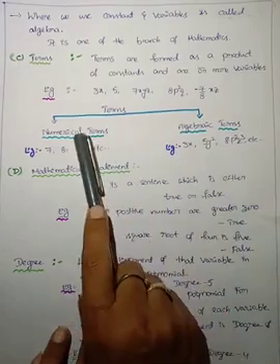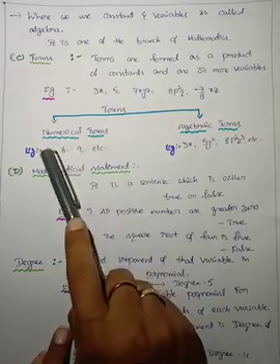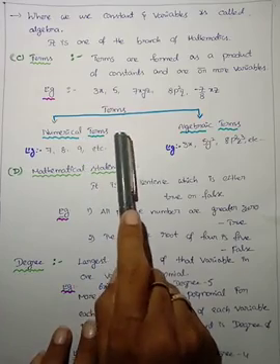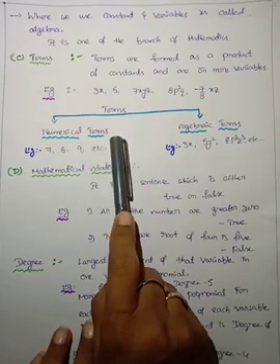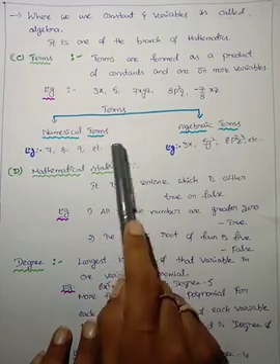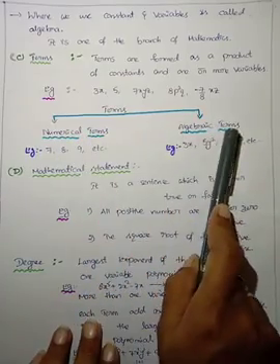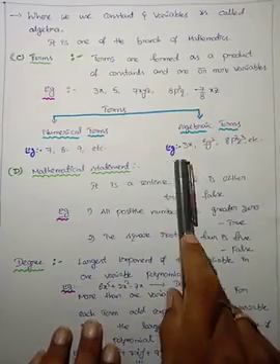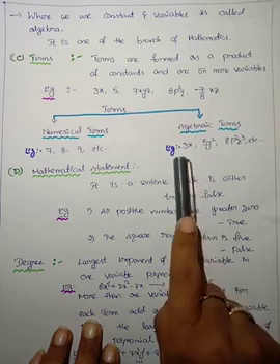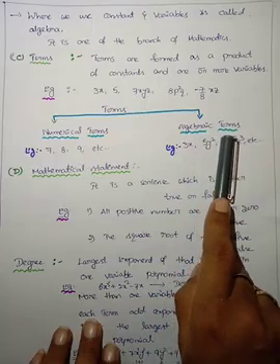Now terms are of two types: numerical terms and algebraic terms. Numerical terms means the term has only constants. Examples: 7, 8, 10, 100, minus 7 by 3, minus 4 by 6. All these are numerical terms. What about algebraic terms? Algebraic terms are the product of constants and variables. The product of constants and variables is called an algebraic term.